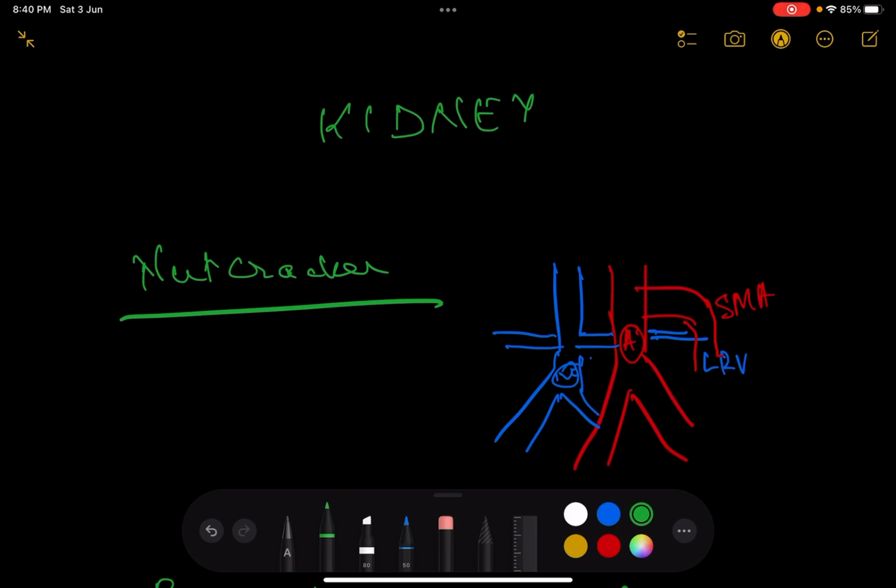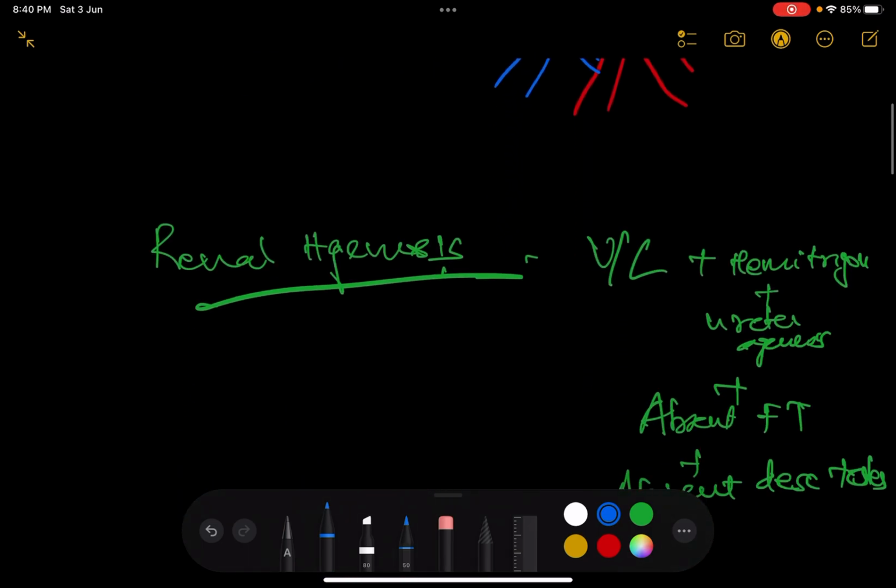Then we also have something called the renal collar. The renal collar is basically when the left renal vein, as we've seen here, is passing behind the aorta, but sometimes it encompasses the aorta, and this is called the renal collar. Okay, because it forms just a collar around the aorta. These are just some important things that can be asked as an anatomy question and to test your